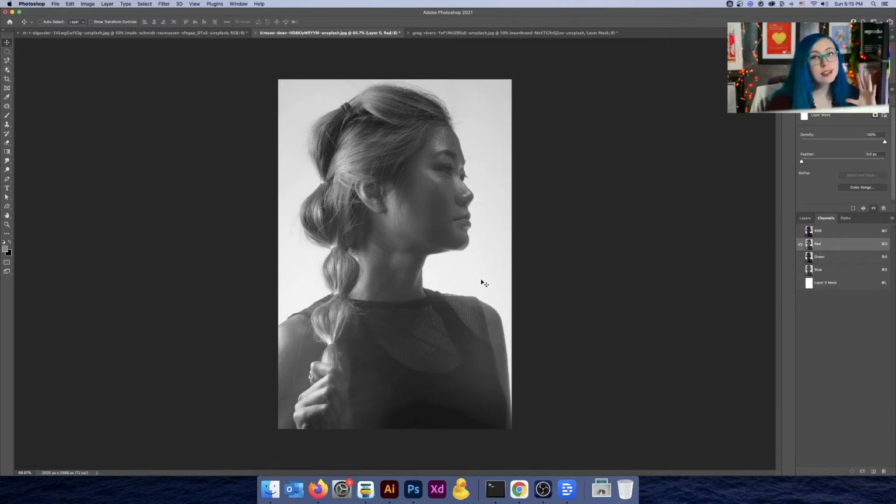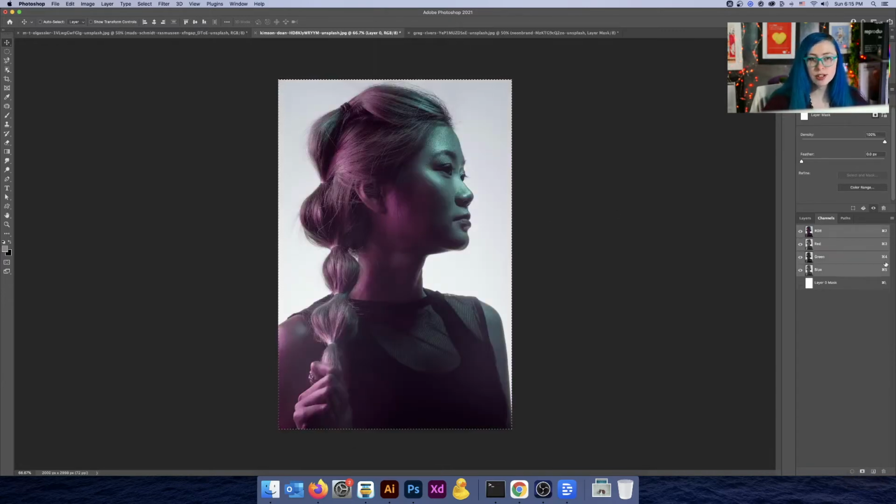So we're going to copy this image. We'll do that by hitting Command A and then Command C. Select all and copy. That copies this exact image right here. Let's hit back to RGB to return our image to normal. Deselect, Command D, and then go back to the layers palette.